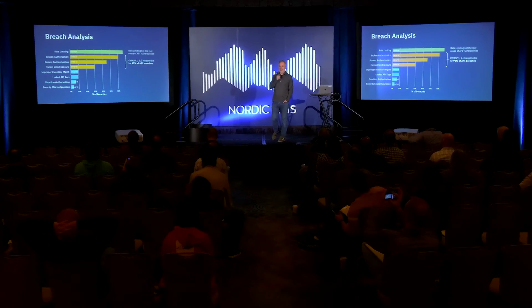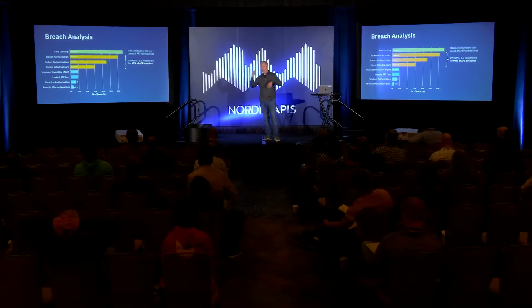Broken authorization. Can user A access user B's data, right? Or some combination, or a Coinbase. Can I sell something I don't own? That's broken authorization. Broken authentication. This is defined as weak or poor authentication, so like no CAPTCHA or weak password requirement or credential stuffing, all these kinds of things. But that's not it, right? What's happening here is no authentication. Countless times, the door was just left wide open. Some belief that the API wouldn't be discovered or exploited or played around with, and that happened.